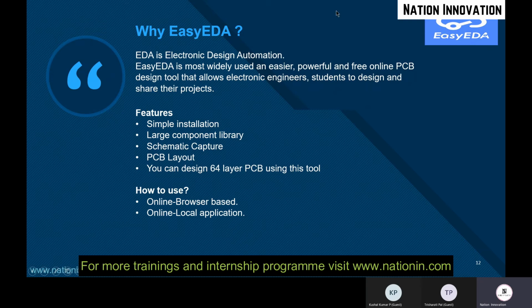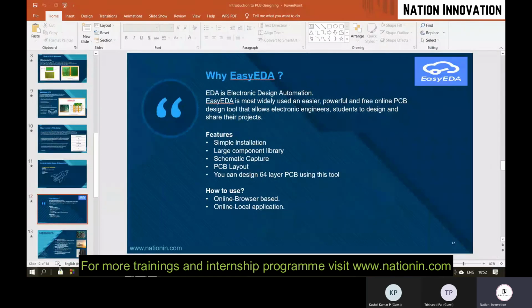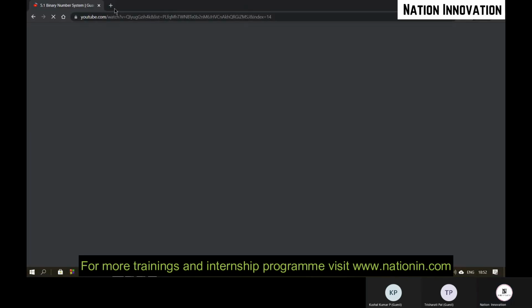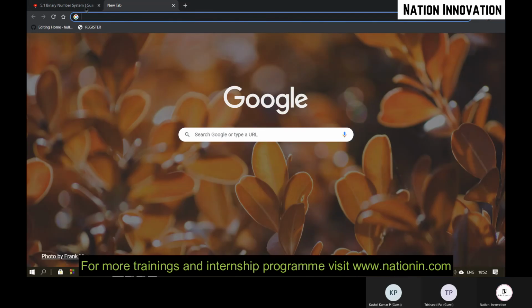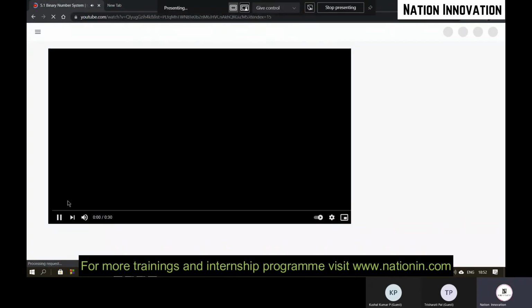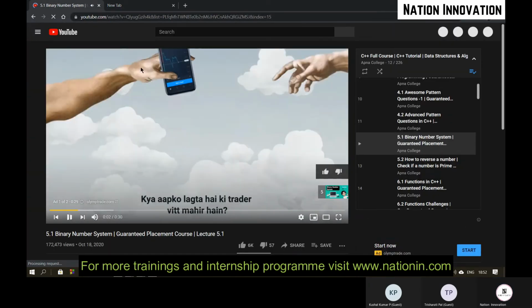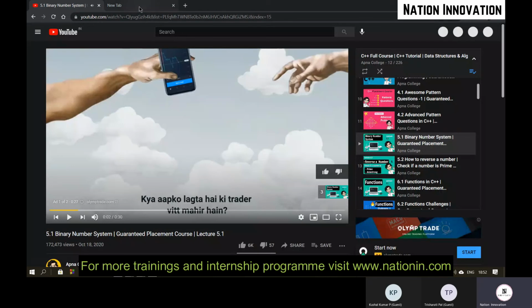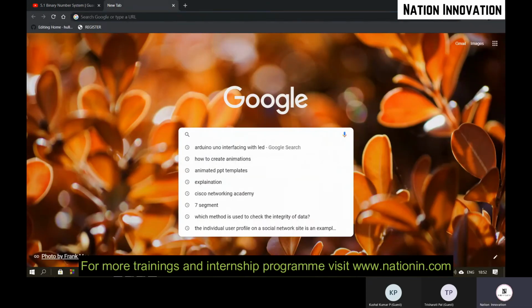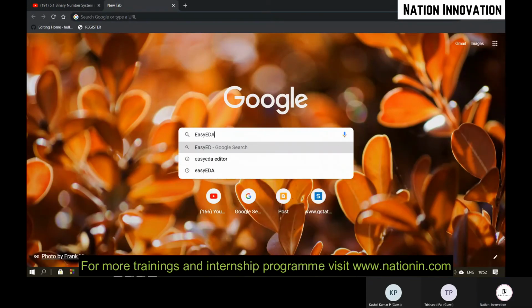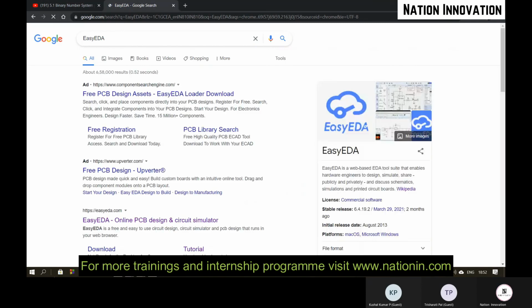For downloading this EasyEDA tool, just type EasyEDA in Chrome. Let me show you. This is the EasyEDA software here.